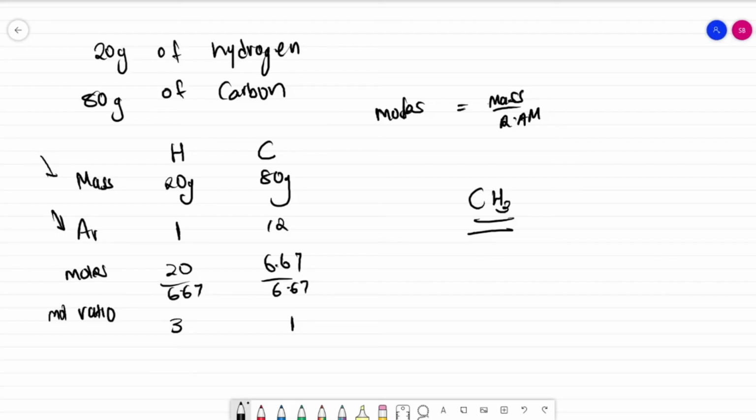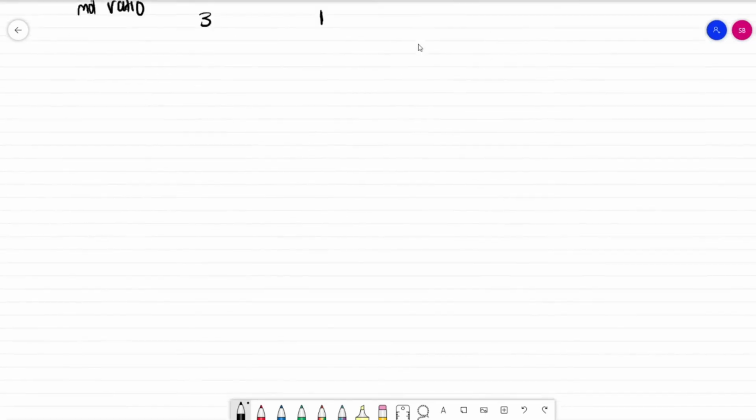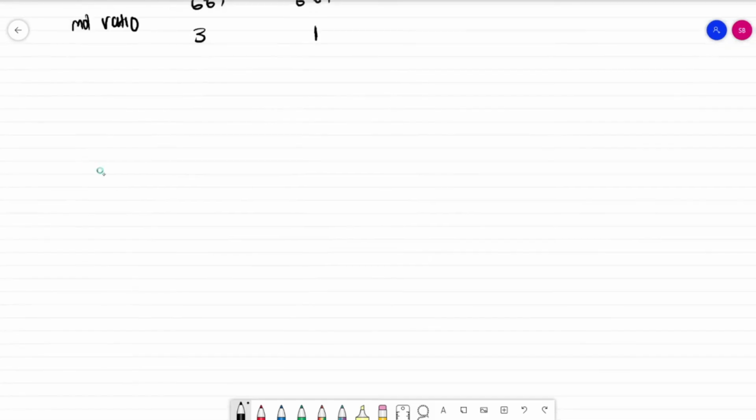Now, given that, for example, the next part of the question will tell you the formula mass was 30. So it tells you the formula mass is 30. Okay, so here it's saying the formula mass, this is usually always part B. So the formula mass is 30. We're supposed to find the molecular formula. So what you do is first you find the